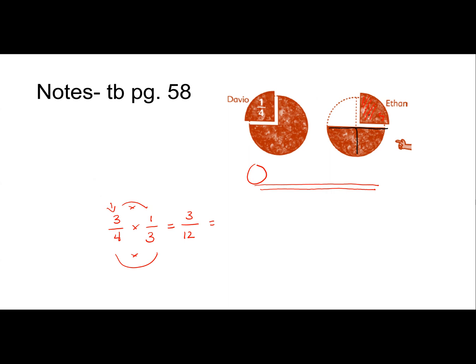All right, what does 3/12 equal if it's simplified, guys? Rajveer? 1/4. Okay, there's a better way to do this. Okay, let's cross cancel. Let's do this problem again. 3/4 times 1/3. When you cross cancel, you have to choose one numerator and one denominator. All right, they can be in the same fraction or they can be in different fractions, but you can't do